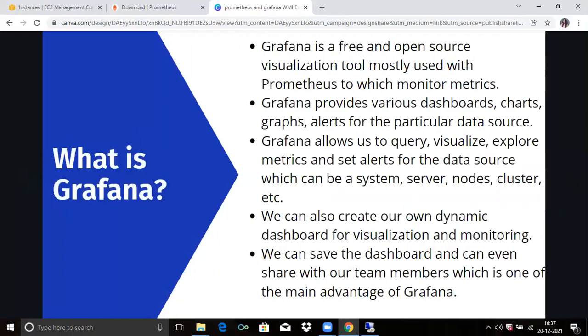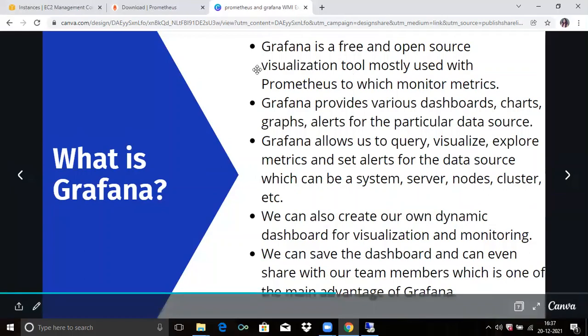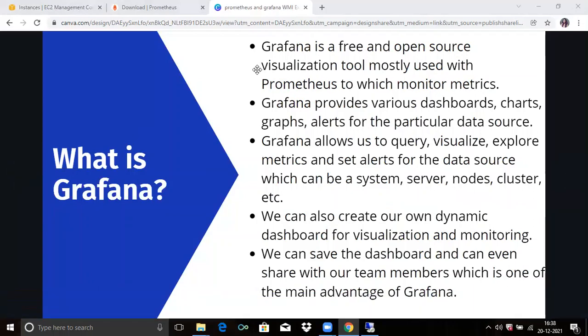So the next is, what is Grafana? Grafana is a free and open source visualization tool mostly used with Prometheus to monitor metrics. Grafana provides various dashboards, charts, graphs, and alerts for the particular data source.